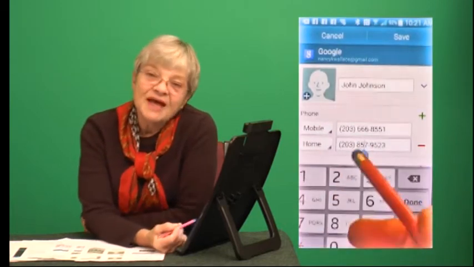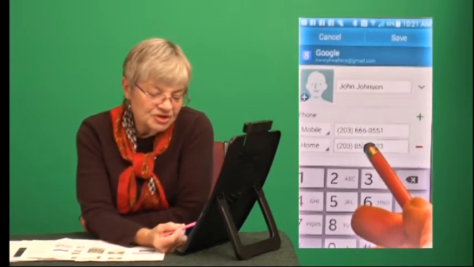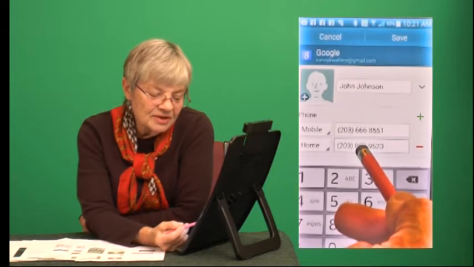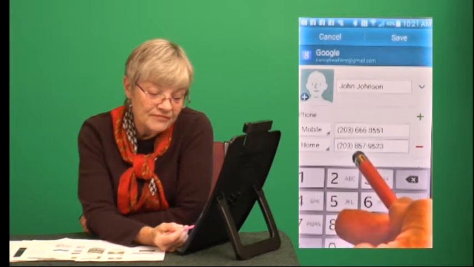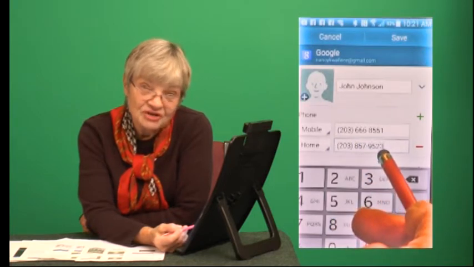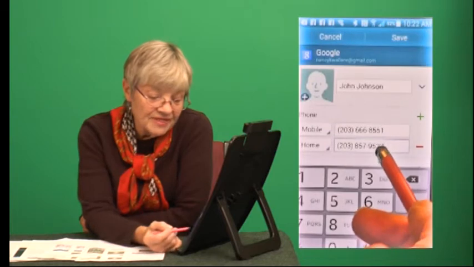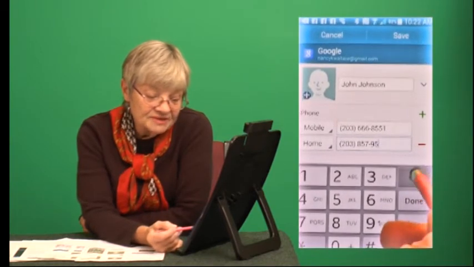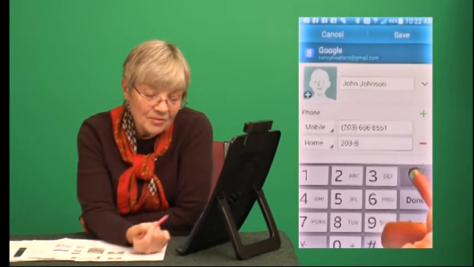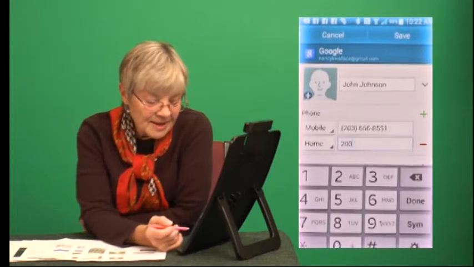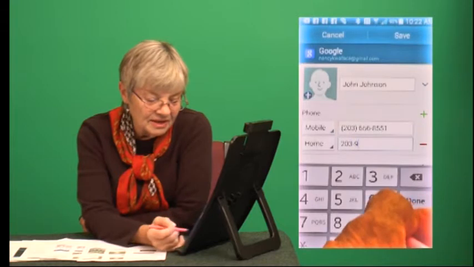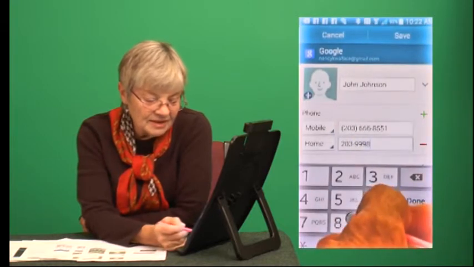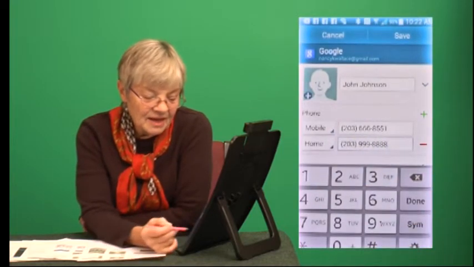You'll see when you're making a change and you tap on it, initially you get a little blue arrow. Now I can push that back and forth to go to whatever position I want to make a change. Or I can simply go to the end and erase several numbers if I want to do it that way. You have a couple of options. But let's make up a number now that I know won't work, like 999, 8888, done,